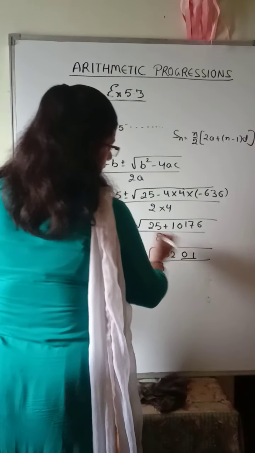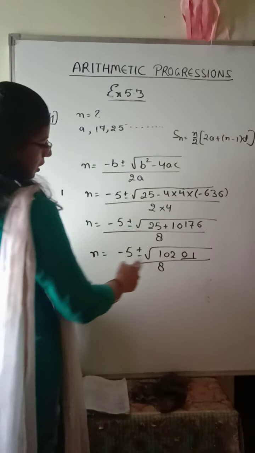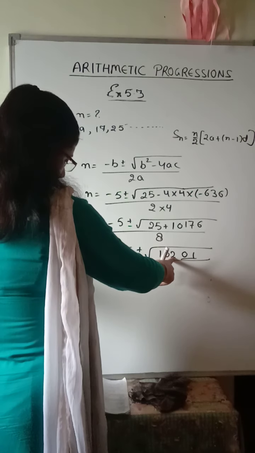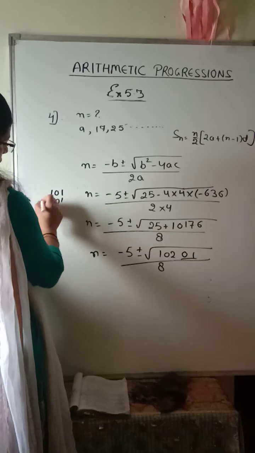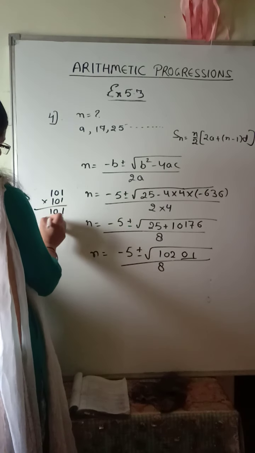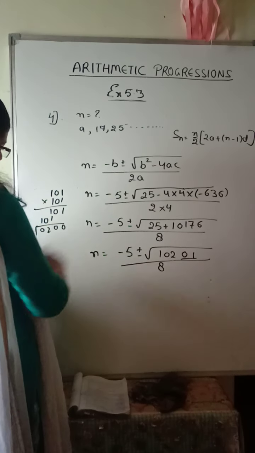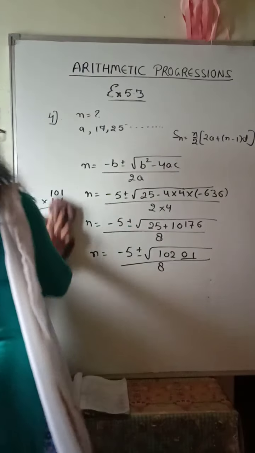इसका स्क्वायर रूट कितना हो सकता है? पीछे 0 1 है तो पीछे 1 1 जा 1 होता है. 9 9 जा 81, 10 10 जा 100 होता है, तो 110 into 110 करके देखो. ठीक है, so this will come the same. Okay, so 101 is the square root of this.